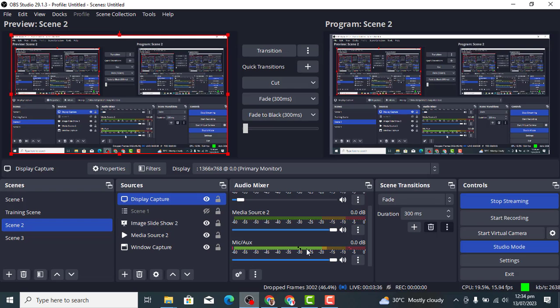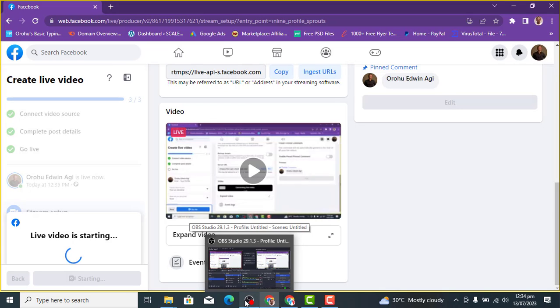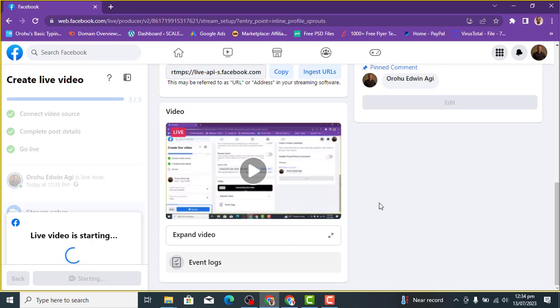So that's how to use OBS to go live, to set up Facebook live stream using OBS. The previous one we did was on YouTube, but this very one is on Facebook. The next one that is coming up is going to be on how you can use OBS to set up live streaming on your Telegram. So that's how, once you are done with your live streaming,